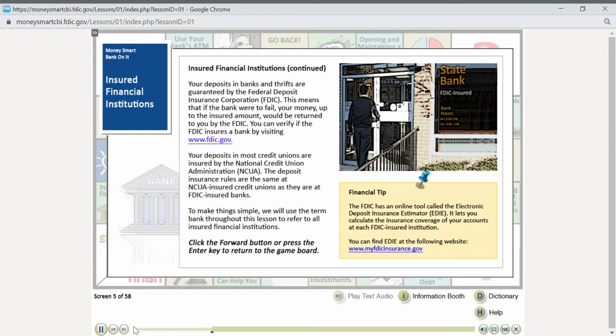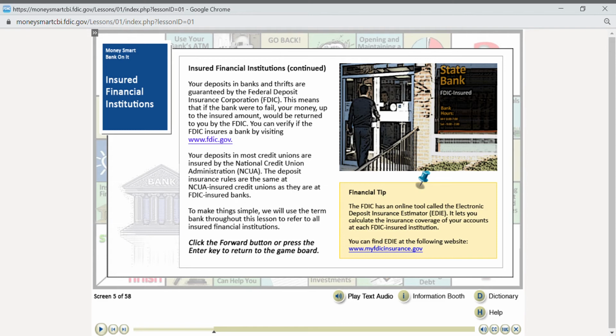In this section, you will learn about the federal agencies that insure your deposits. Your deposits in banks and thrifts are guaranteed by the Federal Deposit Insurance Corporation, FDIC. This means that if the bank were to fail, your money up to the insured amount would be returned to you by the FDIC. You can verify if the FDIC insures a bank by visiting